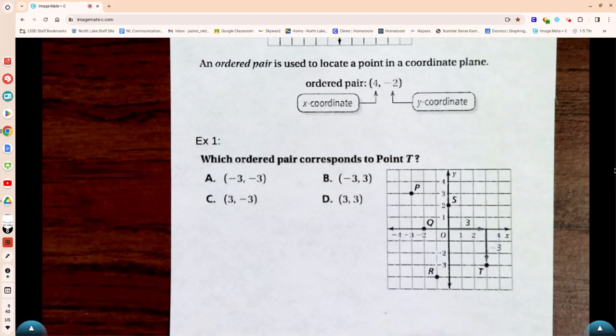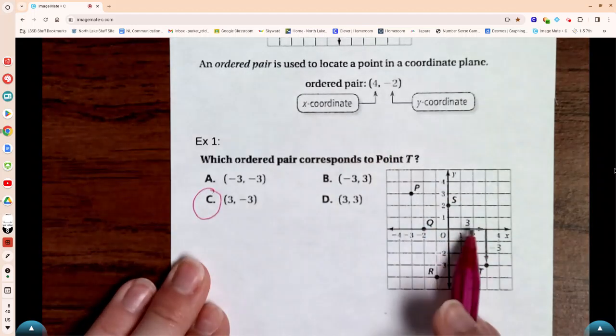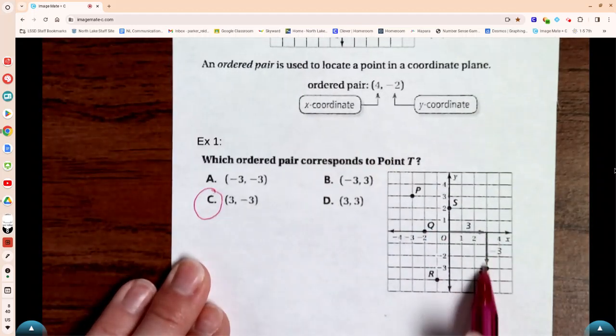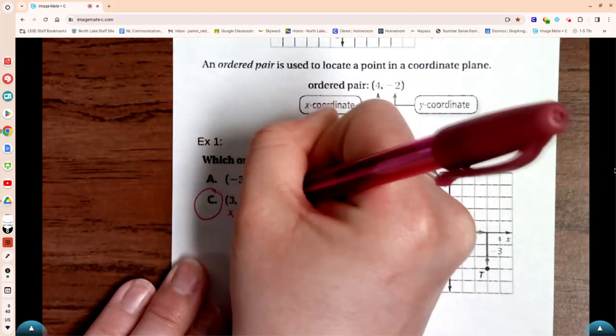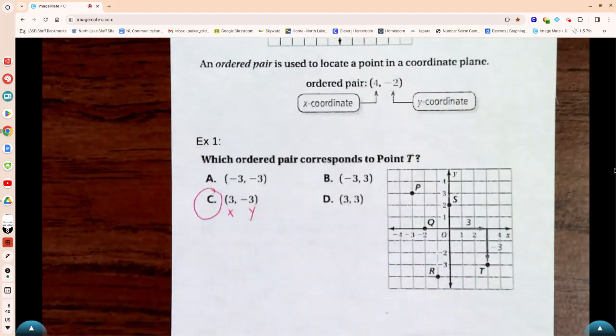Okay, does anybody think they know which one it is and can tell us why? Which one and why? Dash? It's C because it goes over 3 to the right and then it goes down 3. Exactly, and they go in XY order because down, that's a Y value, so the negative value should be that